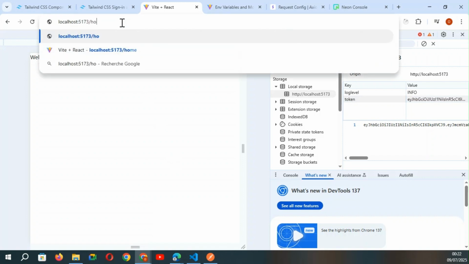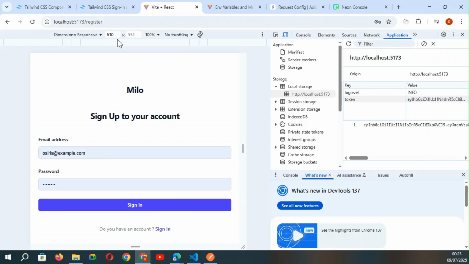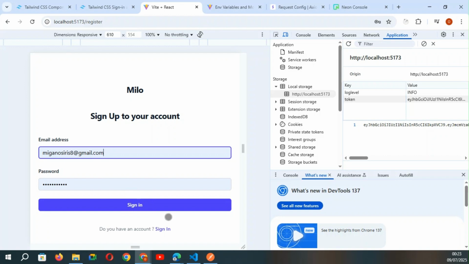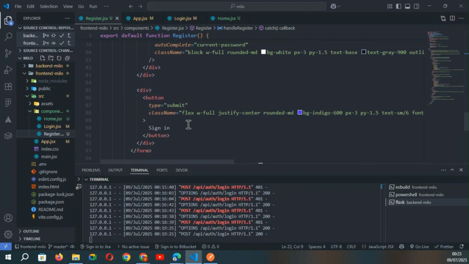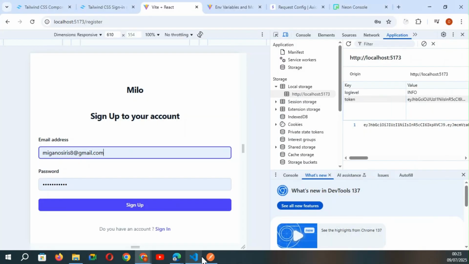Okay, and now we can test a route sign in. So here register. Okay, so I can test with this mail password. Okay, and here it will be sign up. Okay, so in my component register, sign up. Okay, sign up to your account, email, password, sign up. Okay, so if I click on sign up,